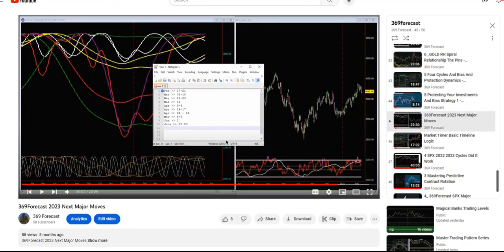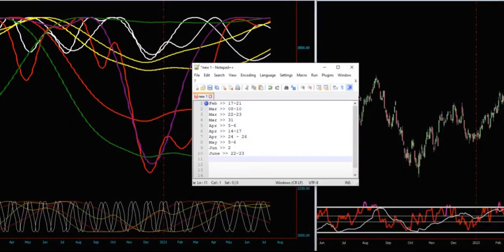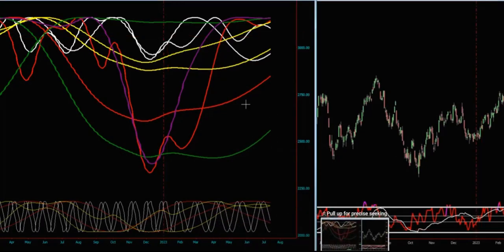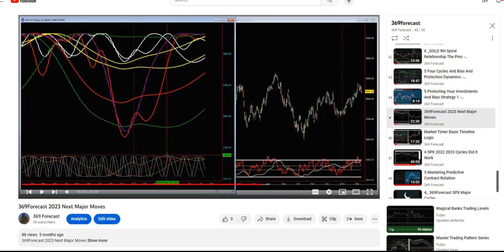It's already mid-year, and we had this video, forecast 2023 next moves. We had these dates here, potential dates of turns, and we made a case, and we also plotted these cycles for you right there. You can see the same cycles are going to show up again, and we'll just review what happened. So you already have that video, or if you're interested, you can review that.